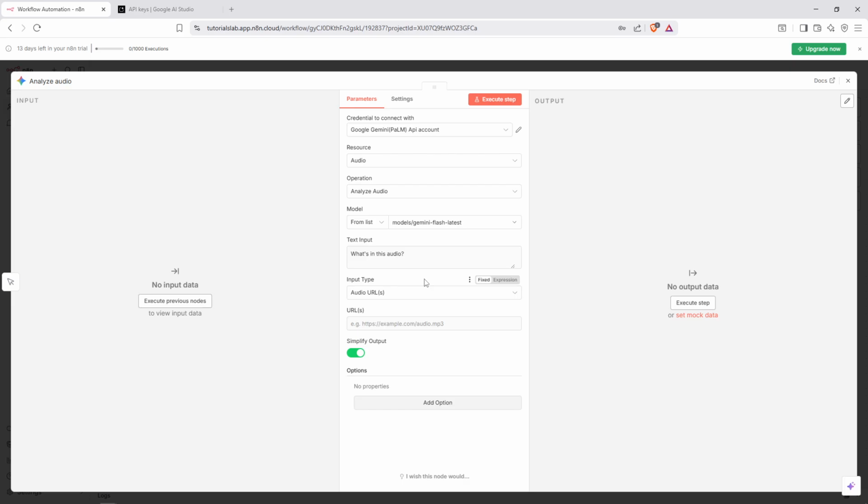You've successfully connected Google Gemini to N8N and configured your first workflow action. You can now leverage Google Gemini's AI capabilities to analyze audio, generate text, or perform other AI-powered tasks directly within your automated